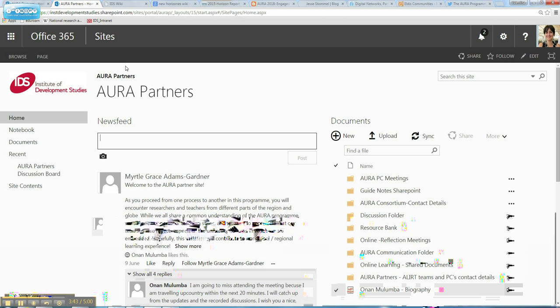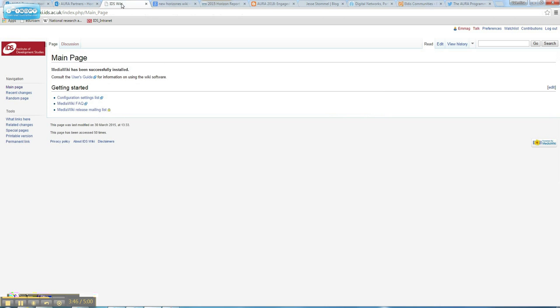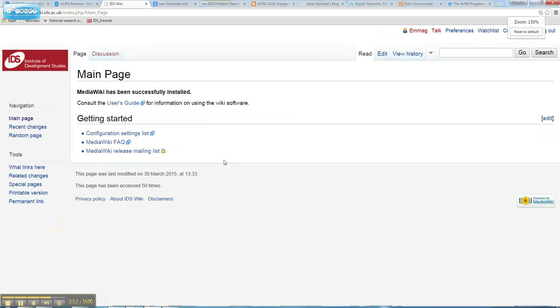So I'm going to move on now to talk about our Wiki. Our Wiki site is a very different kind of platform because it will in time be an externally facing, public facing site. So this is the space where we would do a different sort of work. It's still a space where we can have content sharing. It's going to be a very collaborative space, and it's a space in which we can do co-construction of our work, in particular our teaching and learning framework,